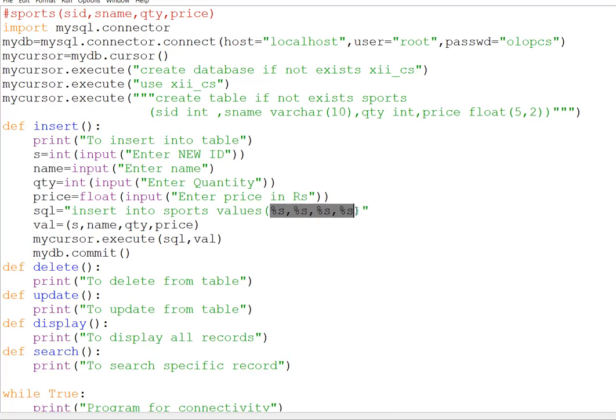If you are writing %s 4 times here, 4 times you have to pass the values. Basically the value we give in the form of a variable. We can pass a constant value also, but in this line we are not writing it. In the insert command we are not writing it. Later on we will provide its alternate. Clear?